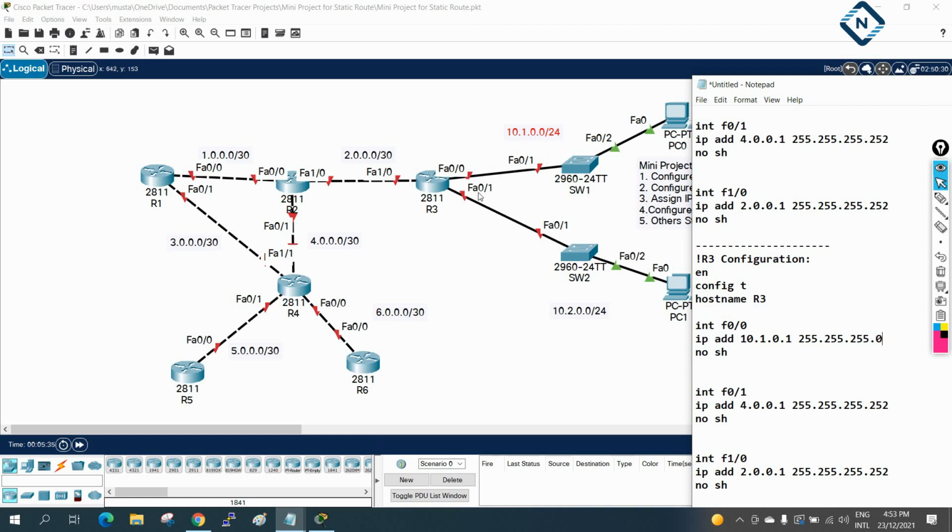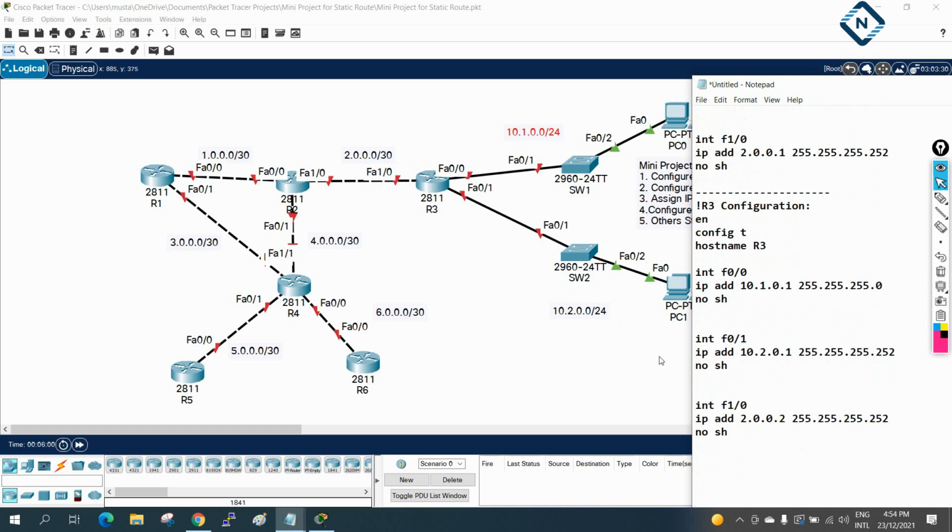Now we have F0/1. So F0/1 will have here 10.2.0.1 and /24. So these two interfaces finish. We have F1/0. F1/0 is 2.0.0.2. This will be 2. Okay, so these are the three interfaces.